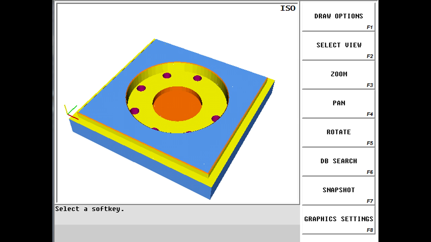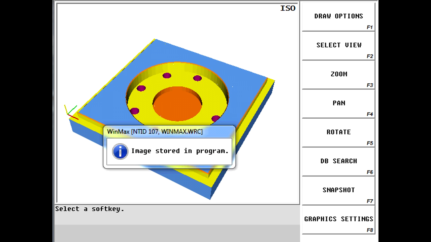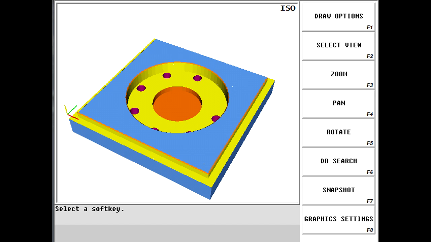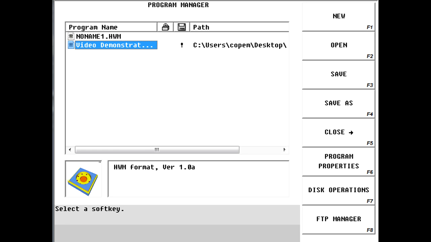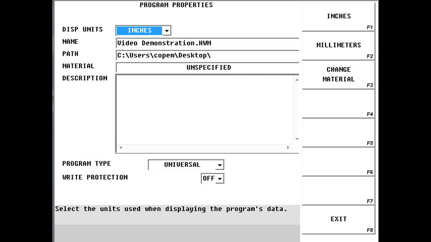From the graphics screen, you see we have this little snapshot button. If I hit snapshot, it'll tell me that an image was stored in the program. I now go back to my program manager. You can see in the bottom left corner an image that resembles what we just programmed. And I can also, under program properties,